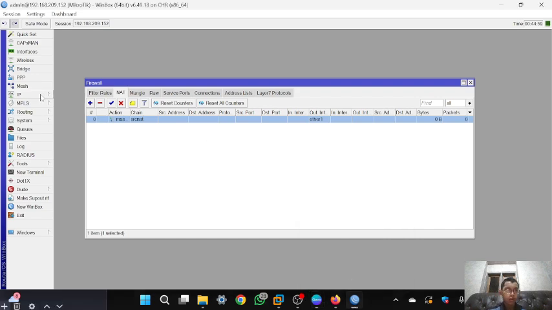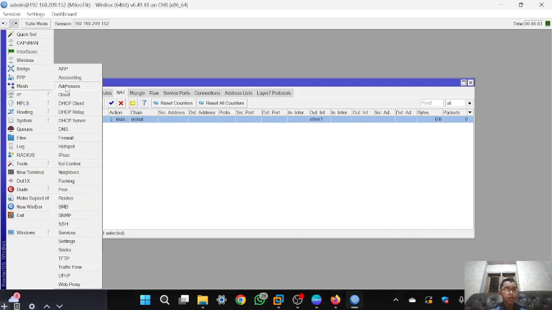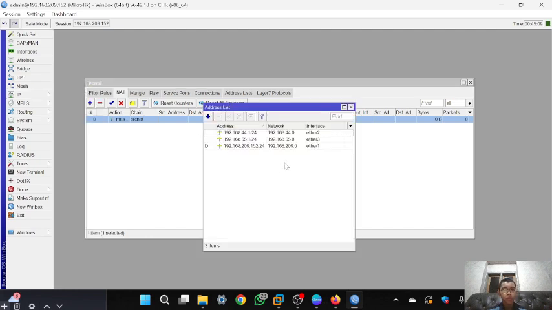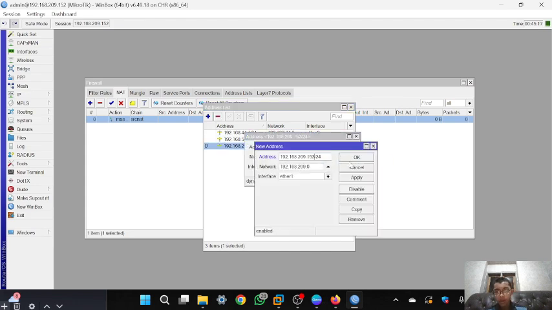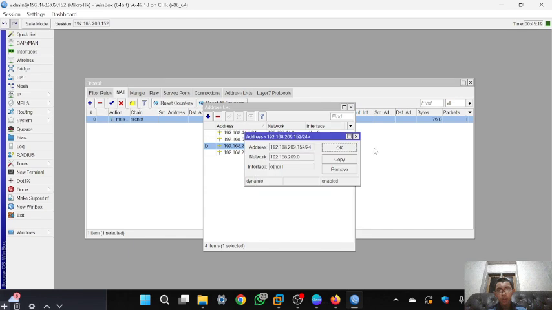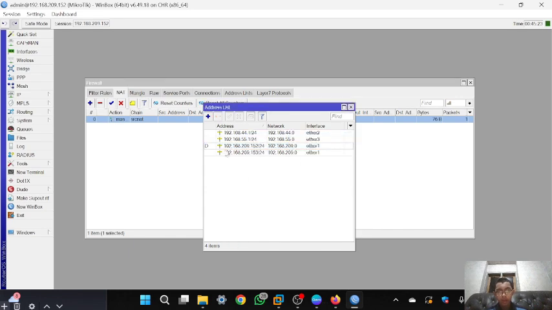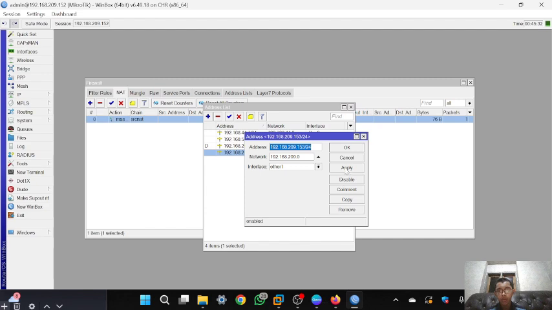So I will configure the firewall NAT SRC-NAT. So first I will add more IPs in here. It is the same as the IP address 1, which is in here 152, but it is only 153, and you can copy it one more.